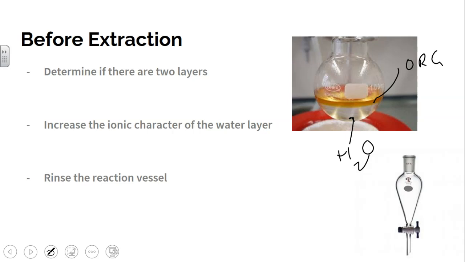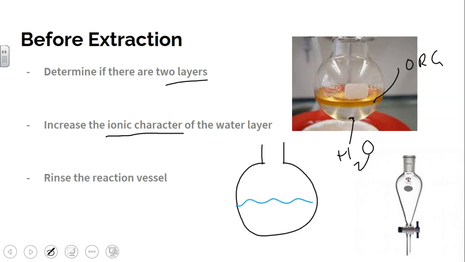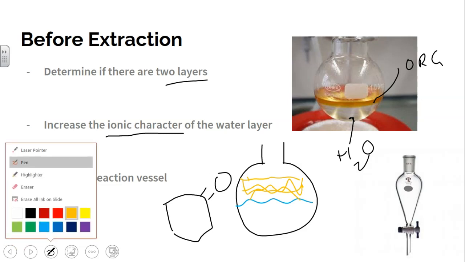Okay, and once you know that there are two layers, one of the things you probably want to do is increase the ionic character of the water layer. What does that mean? Well, when you have water and your compound, in this case cyclohexanone, a little bit of that cyclohexanone is going to dissolve in the water, not because of anything other than that's just what it does. So the organic layer is going to have most of the cyclohexanone, but we want to increase the ionic character of the water,